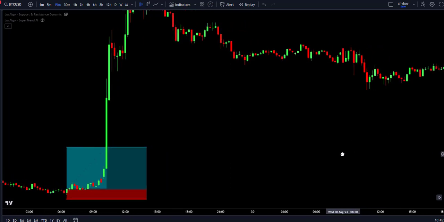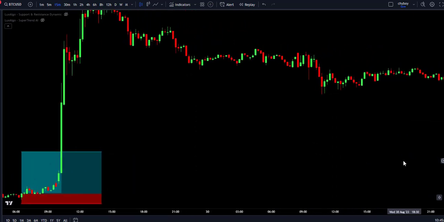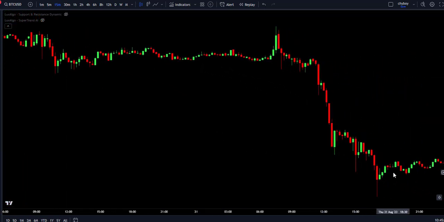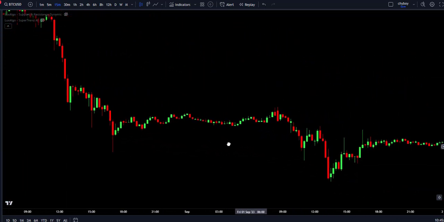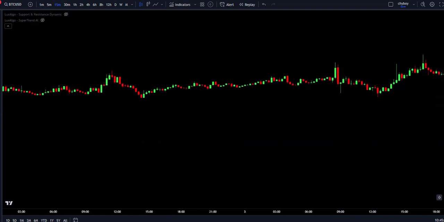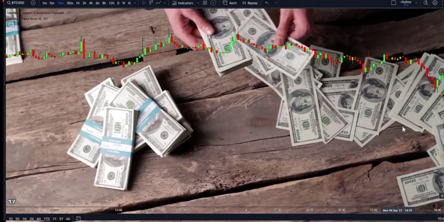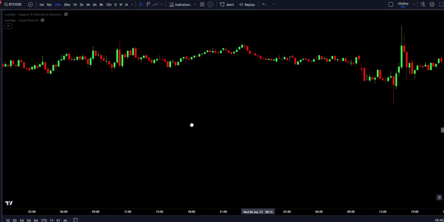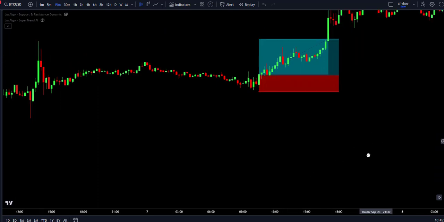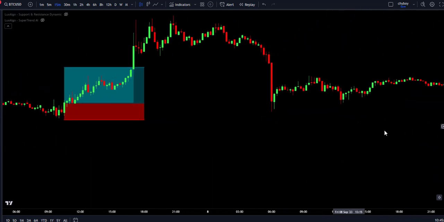What if I tell you that there's an indicator that can help you mark all the levels in the market? Yes, there is. This indicator marks the support and resistance, and also marks the demand and supply zones. This indicator is very accurate, and it can make you so profitable in the market if it is properly applied. So in this video, I will be discussing with you how you can apply this indicator to your trading style